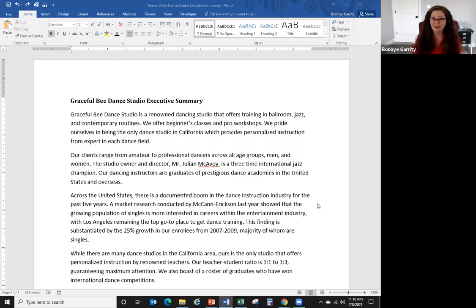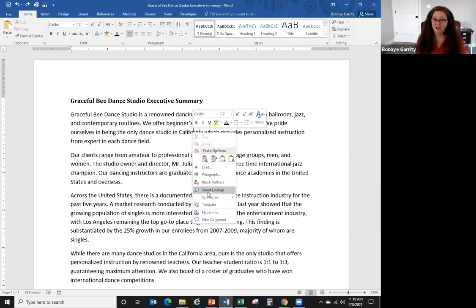I want to see some graphics I could use for it. All sorts of things, kind of a Wikipedia search. So I'm just going to choose the word California that's here in this third row. All I'm going to do for California is right click the word. And there is the new Smart Lookup. We have this in 16 and 19 versions of Excel. When I click on Smart Lookup,